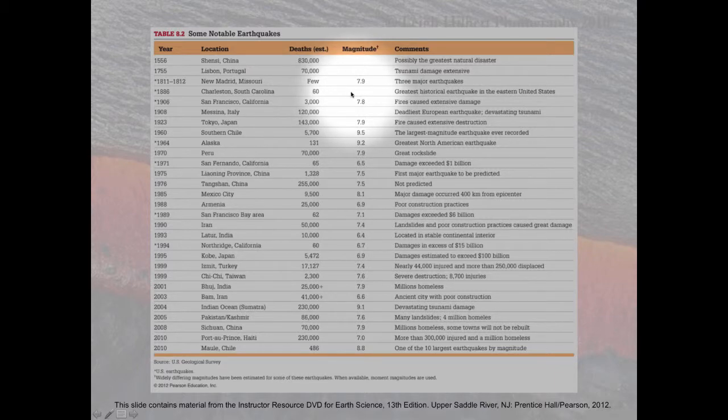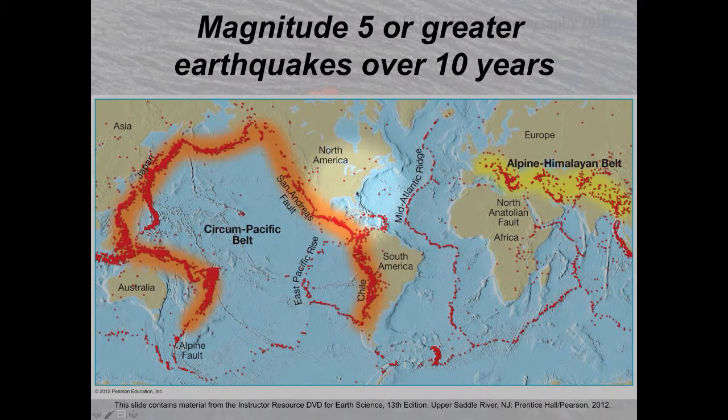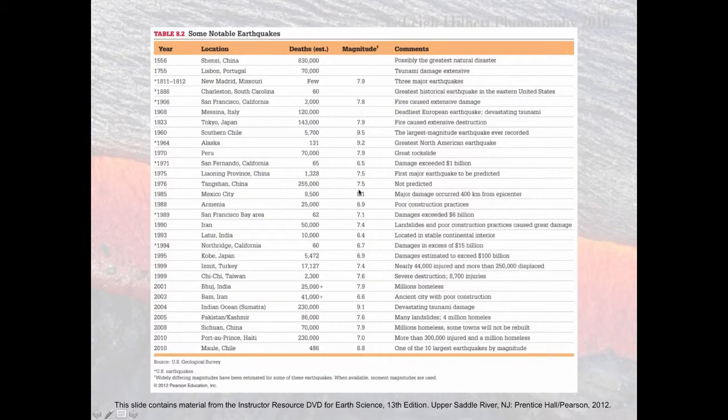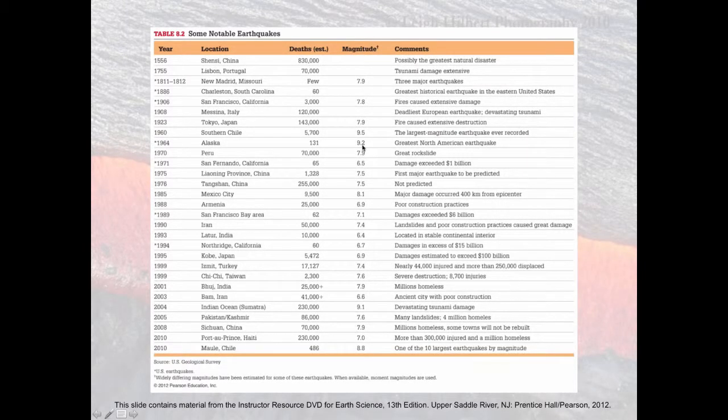is interesting because it's in the eastern United States. It does not fit with our typical view of where earthquakes can occur. So the New Madrid fault right in here and the Charleston earthquake over here are continental interiors. Those are really anomalous quakes. But you'll see Alaska, southern Chile 9.5, Alaska 9.2. These are massive, massive quakes. So I misspoke when I said this was organized by intensity. It's actually organized by year. But the largest one recorded is southern Chile in 1960. The Alaska 1964 was a close second.